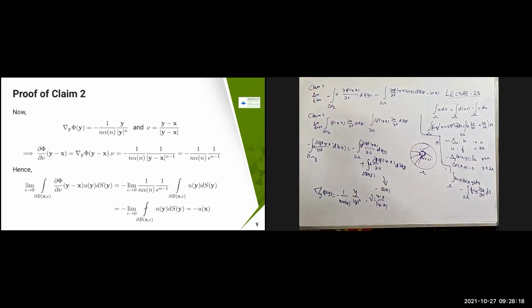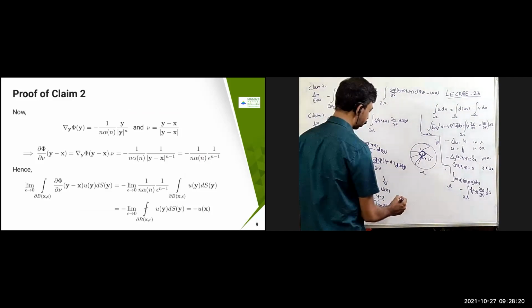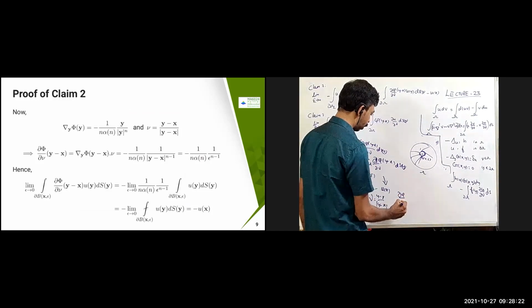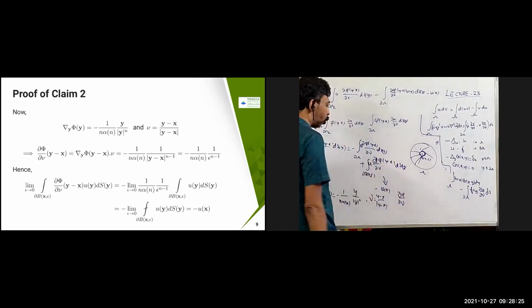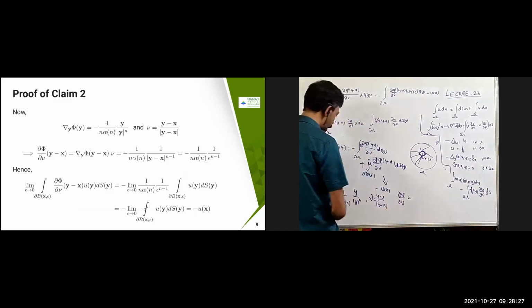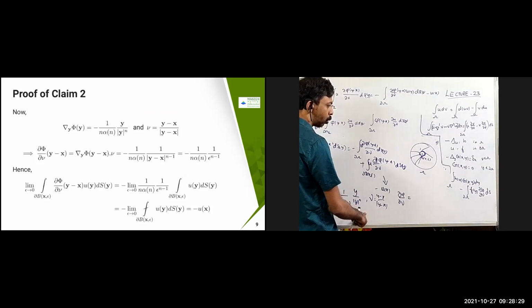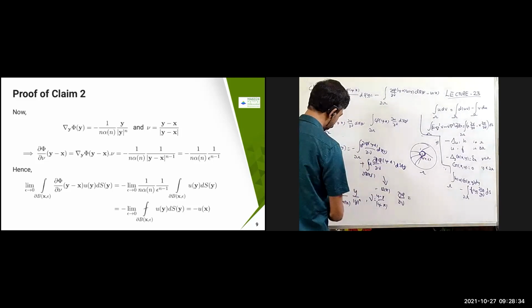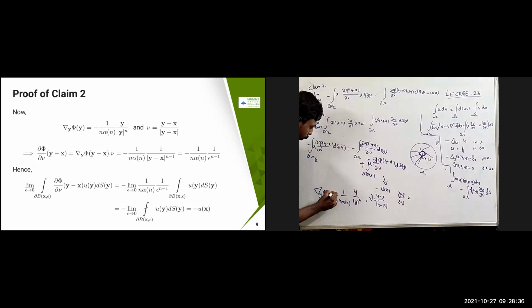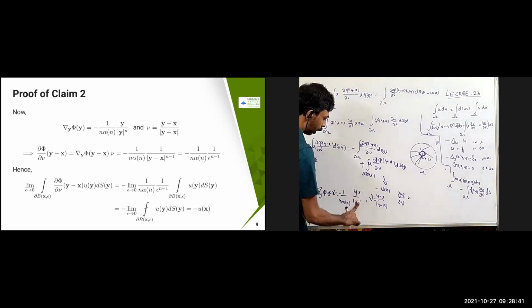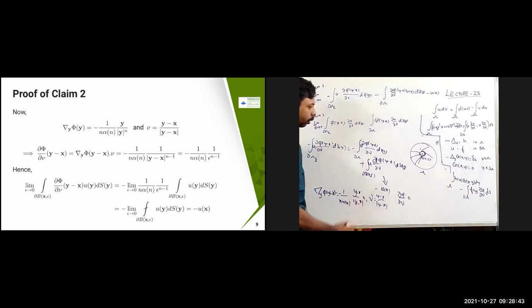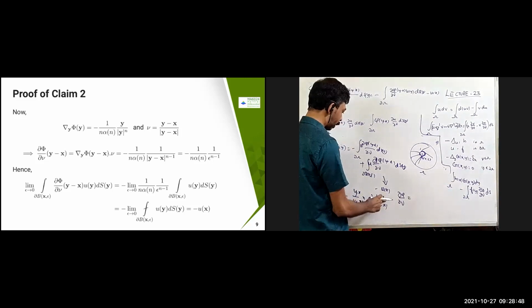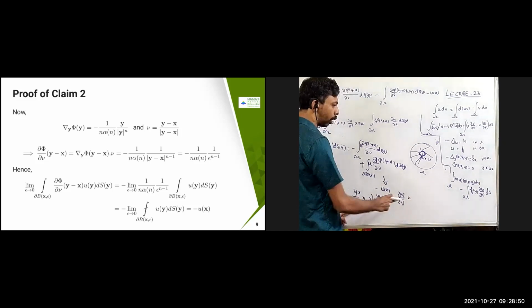So therefore, what you are going to get is your del pi by del nu, okay, dou pi by dou nu, is going to be the dot product of these two things. The dot product of these two things is going to become del pi of y minus x, which I have got to put. So this is del pi y. If I put y minus x here, it becomes y minus x, and here also it is going to become y minus x whole power n. So if I take a dot product here, y minus x with this one, we are going to get both of the things.